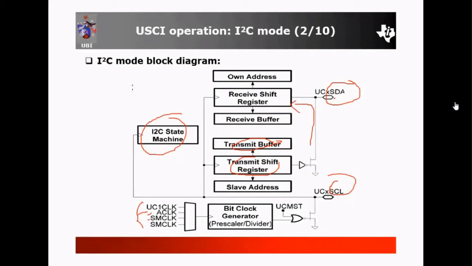When the serial data line is active, the transmitter buffer data is transmitted to the receiver part, which holds it in the receive buffer. Now one is the slave address and another is the own address. Own address is called the master address, and slave address is for the system which is interfacing with this I2C interface.